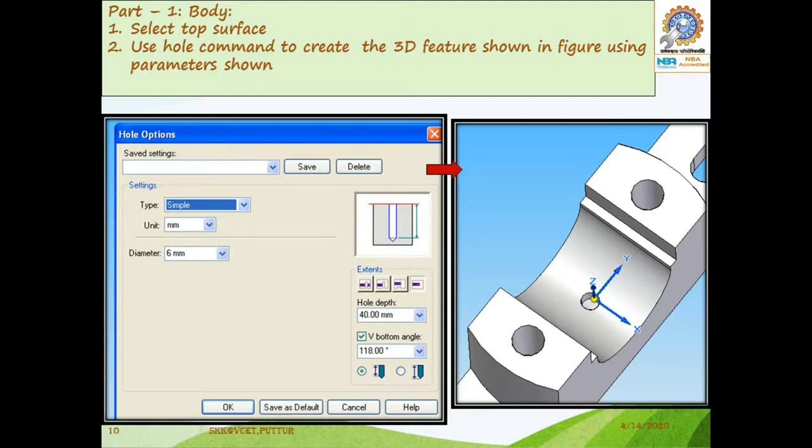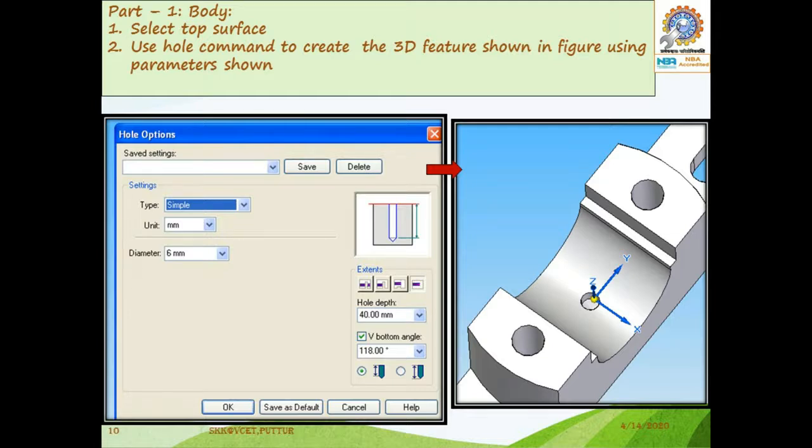In that, type simple, hole depth 40 mm, V bottom 180 degree, then click OK. Then move the cursor exactly to the center part of the body, in the longitudinal direction, and select it. Then you get the oil hole.